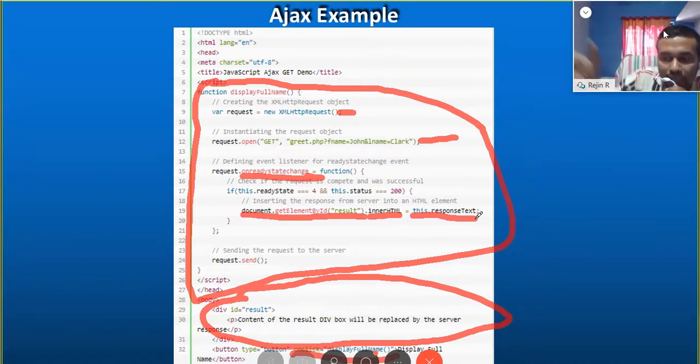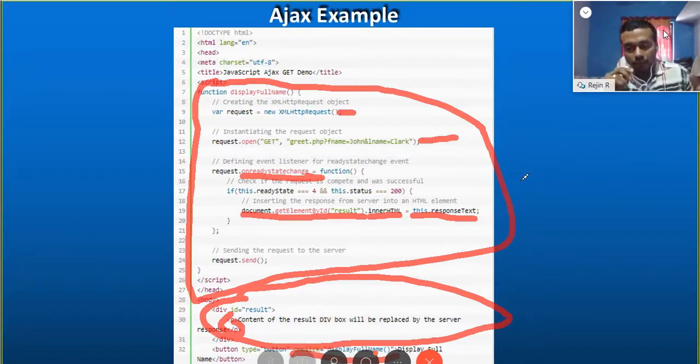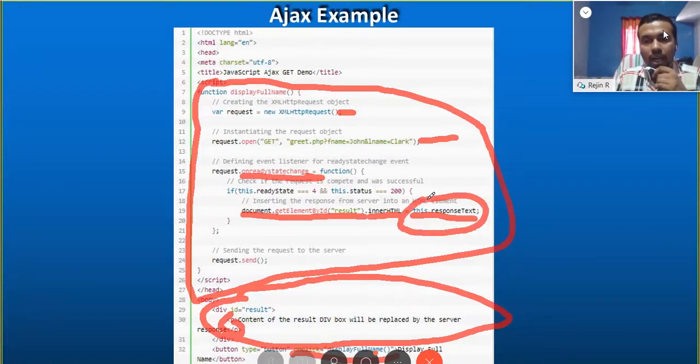So we are modifying this paragraph with whatever we got as part of that Ajax request. This clearly explains the dynamic thing which happens with Ajax. We are making a request. Whenever we click on that button, an Ajax request object is created and the request is sent to the server. Whenever that request comes back, we are modifying the inner HTML of the element with that response. So with this response, that paragraph will get modified.